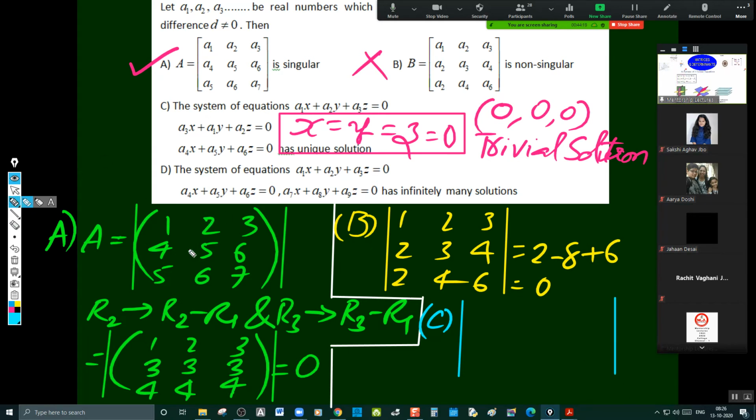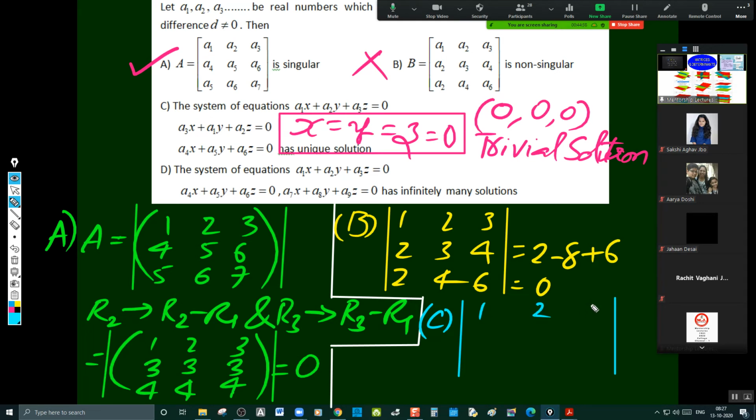But what we did, is it correct or not? This is correct only. What about this? This is correct only. And what about this? 1, 2, 3 we have taken. Okay, this is also correct. No problem. Now let us take C. C: 1, 2, 3.